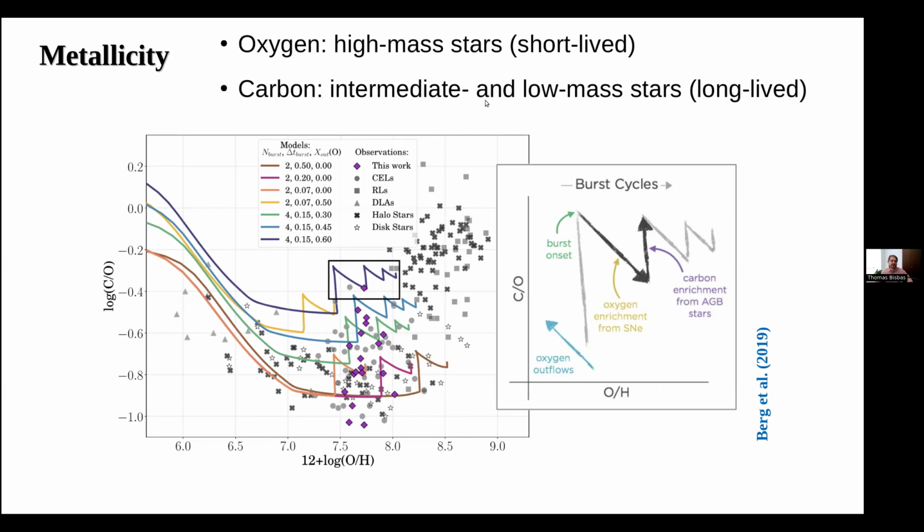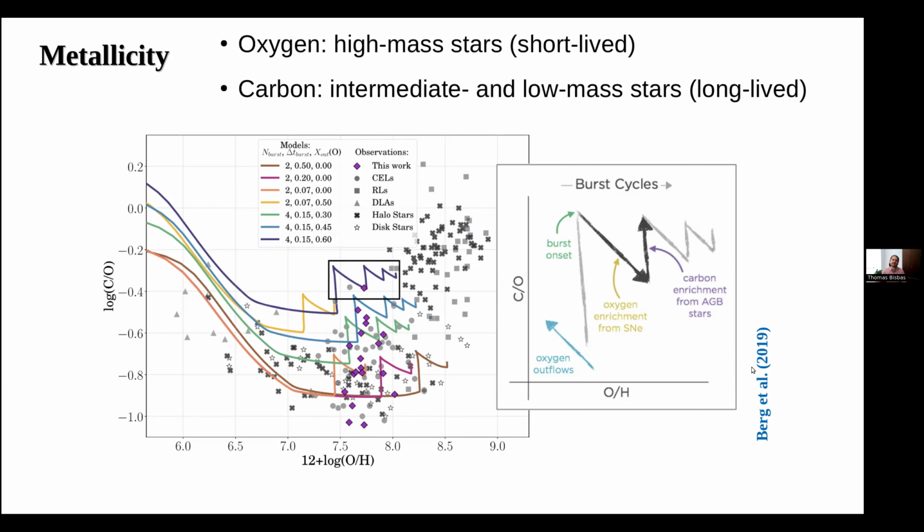The difference is that the intermediate and low mass stars are long-lived, so we have a few mega years for the high mass stars and a few giga years for the intermediate and low mass stars. So we have a difference between the release of carbon and oxygen, and this is actually what we